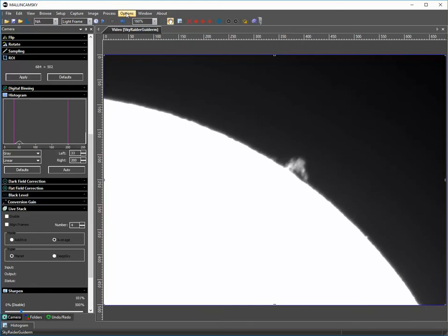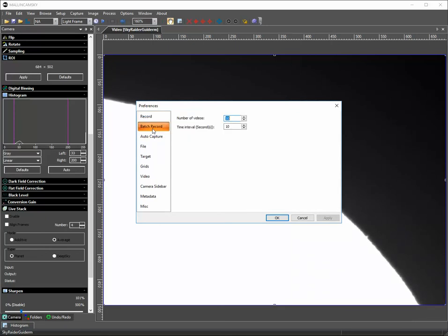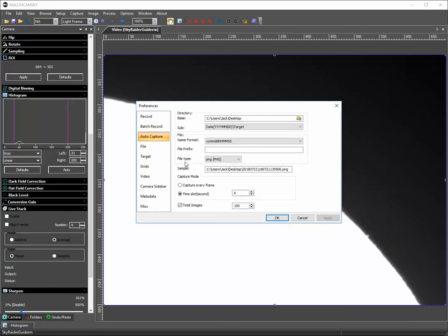So now I'm going to go to Options, Preferences, Batch Record, Number of Videos, about 50. Time interval, say 10 seconds between the videos, and Apply. And then Capture,